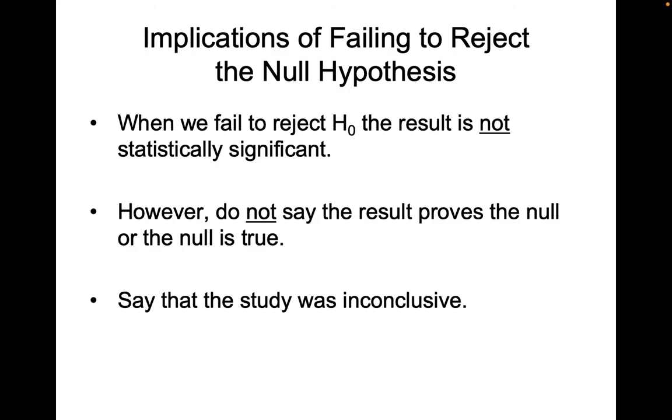And therefore, it can be challenging to detect that small difference with a research sample. Therefore, again, if the result is not extreme enough to reject the null hypothesis, we just say that the results are inconclusive. This is an idea that I'll return to later in the course,